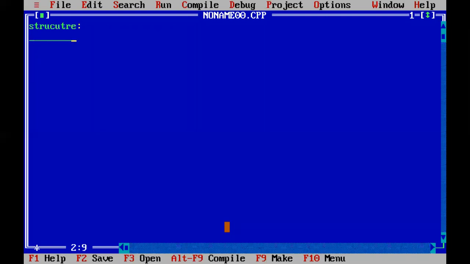What is the structure definition? Just opposite. In arrays we said homogeneous. Instead of homogeneous we will say heterogeneous in structure. What is the array? Array is a collection of homogeneous elements. So here, opposite to that, structure is a